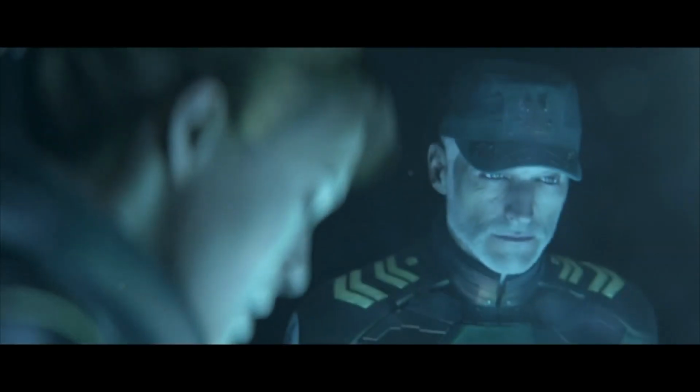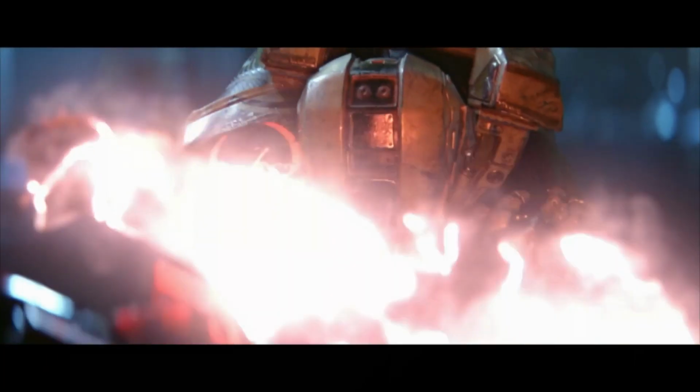Now here we have Red Team's first mission on the Ark, where they investigate an abandoned UNSC base, which is of course where they first encounter the Banished. Now this begs the question, why is the base abandoned? Why is the rest of the Ark assumed to be abandoned as well, when the UNSC we know had multiple